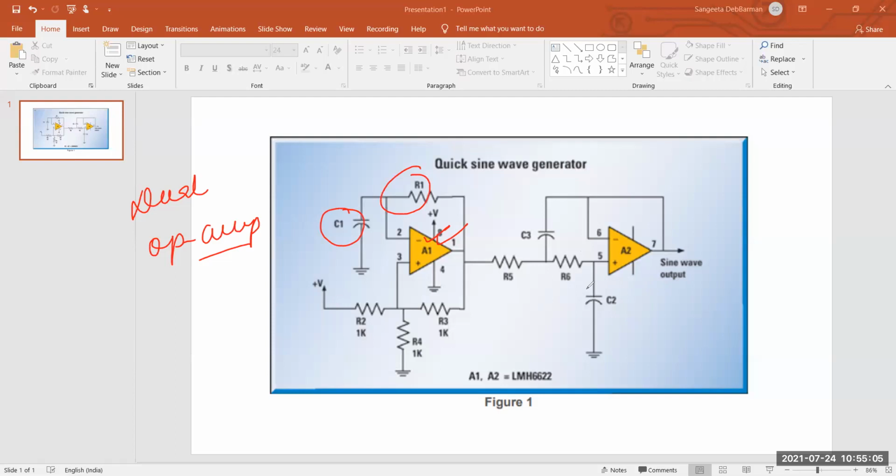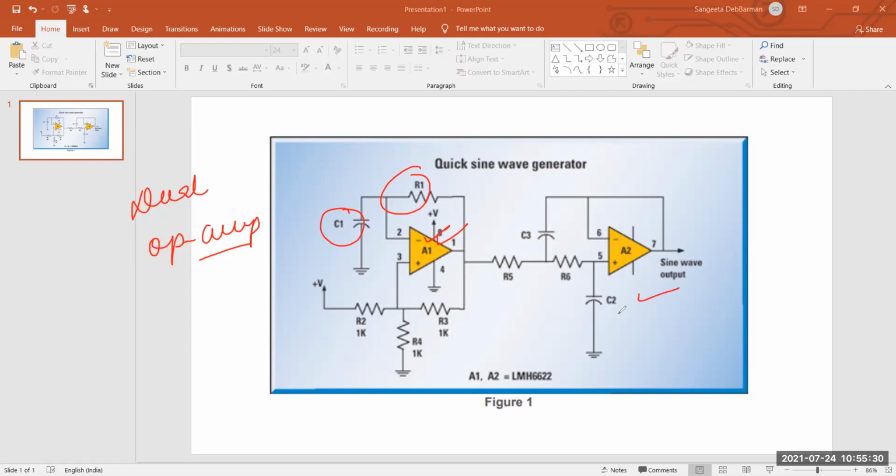We need to filter the output, the square wave signal from the amplifier A1. This filter cutoff frequency is equivalent to the frequency of the square wave from the amplifier A1. So whatever output we are getting from A1 needs to be filtered, whether it's a square wave signal or anything, and then it becomes the input of the